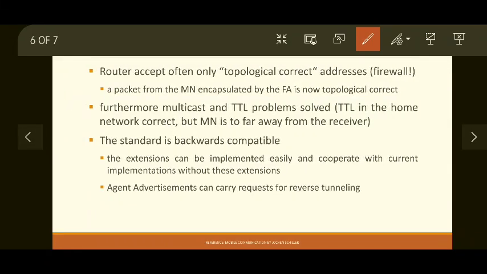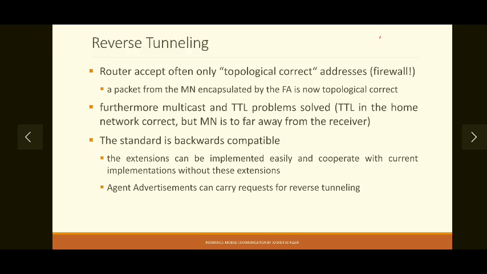So how is it solving the problems of firewall, TTL and multicasting? Now a router, as we know, accepts only topologically correct addresses. Because of reverse tunneling, are we getting a topologically correct address? Obviously yes, because a packet from the mobile node is now encapsulated by the foreign agent.